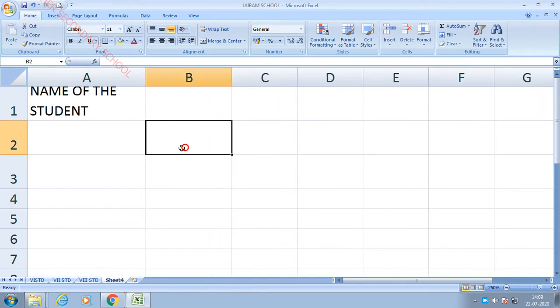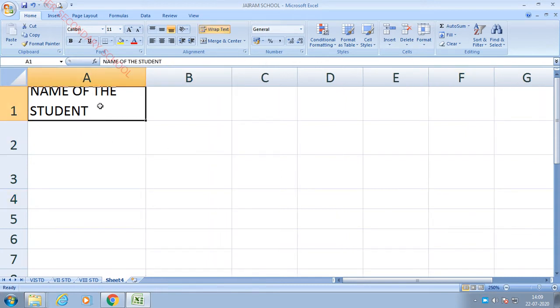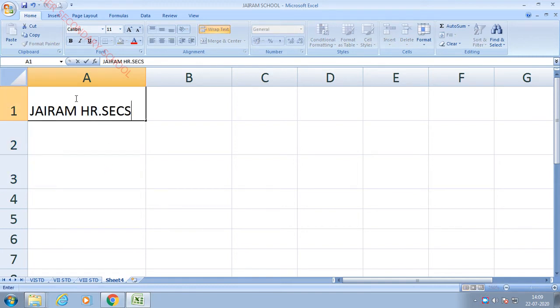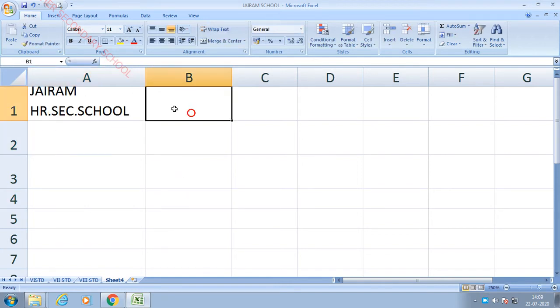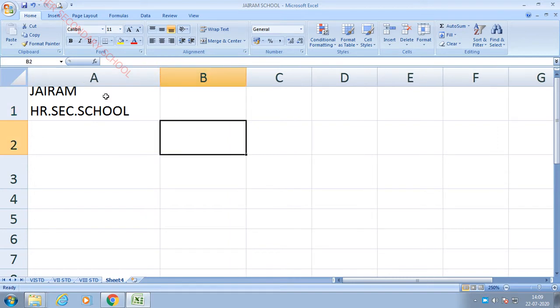So now I am going to give a name here. Before that, I'm going to insert Jairam Higher Secondary School. The data is a collection of alphabets or numbers, and sometimes it is called labels. Why am I saying labels? Can you add the alphabets? We couldn't add, so that is called labels. Numbers belong to calculating purposes, because can you add the numbers? Yes, we can add the numbers, but we couldn't add the alphabets. So alphabets come under the category of labels, numbers come under the category of calculations.